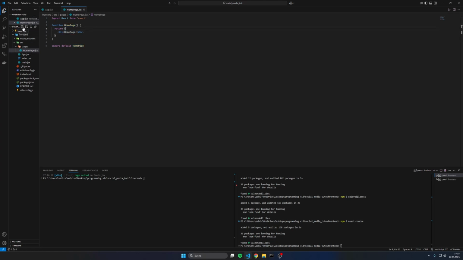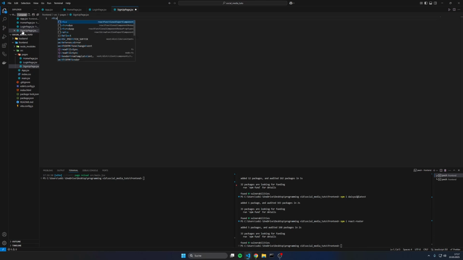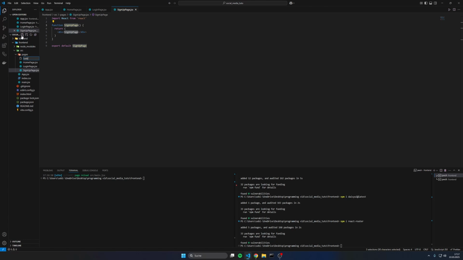And then there are three other pages. First of all we need a login page, then we need a sign up page, and then we need a settings page.jsx. And now that we have created every page,